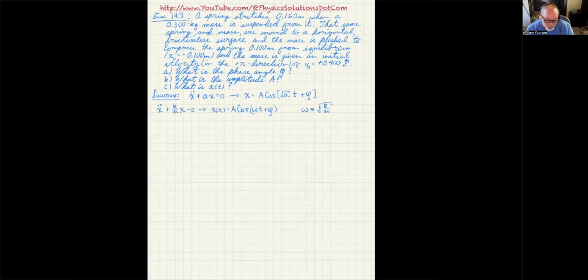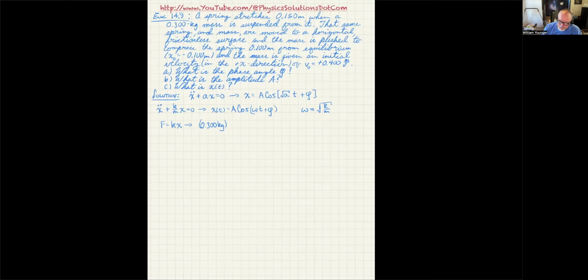So you notice the way this was worded, they gave you a spring stretch as well as a mass that was hanging on it. That's the typical code word for telling you to figure out what the spring constant is, and then we can go ahead. So we'll start off with that. What we know is F is equal in magnitude to k times x. In this case, the F is actually